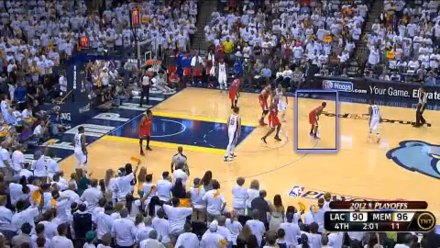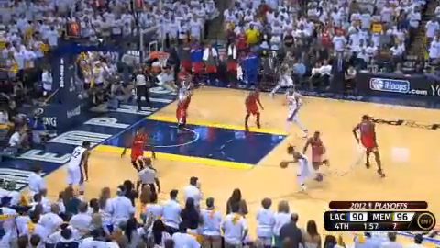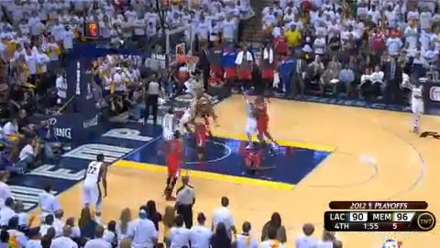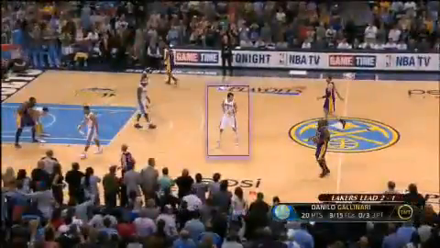This next example is another example of a flop that will be penalized. As the highlighted defensive player, number 3 in the red uniform, defends the driving offensive player, he feels slight contact and he then launches himself backward to the floor. This reaction by the defensive player is an over-embellishment of marginal contact, and it is intended on